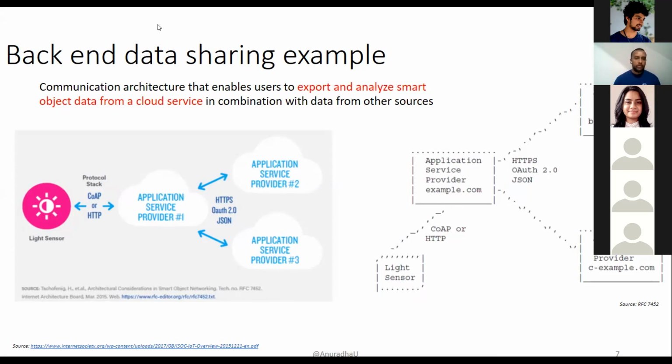So there you have this provider-to-provider type of communication that enables users to export and analyze smart objects from cloud services. These days, you have a lot of cloud services, a lot of IoT cloud platforms. You don't have to build everything from scratch. It's just a matter of having the right interfaces, protocols and APIs. You can use a public cloud, for example, Amazon Web Services, or Google Cloud, or Azure, or Tencent, or somebody else's public cloud infrastructure to